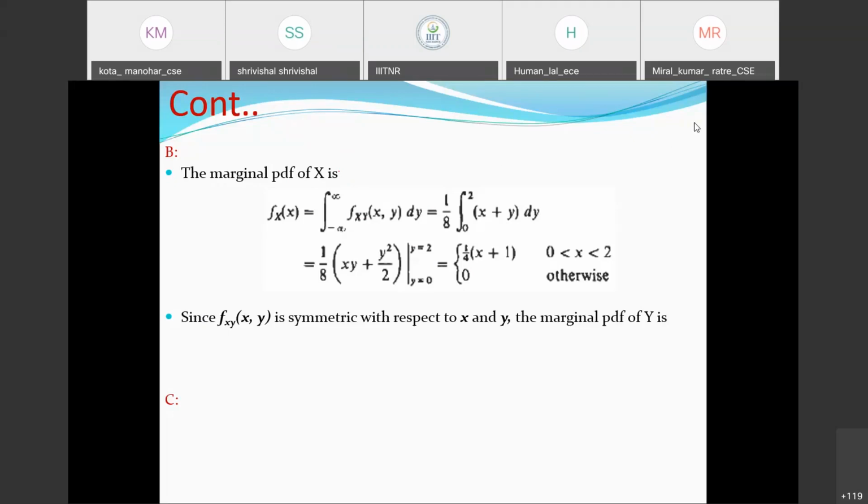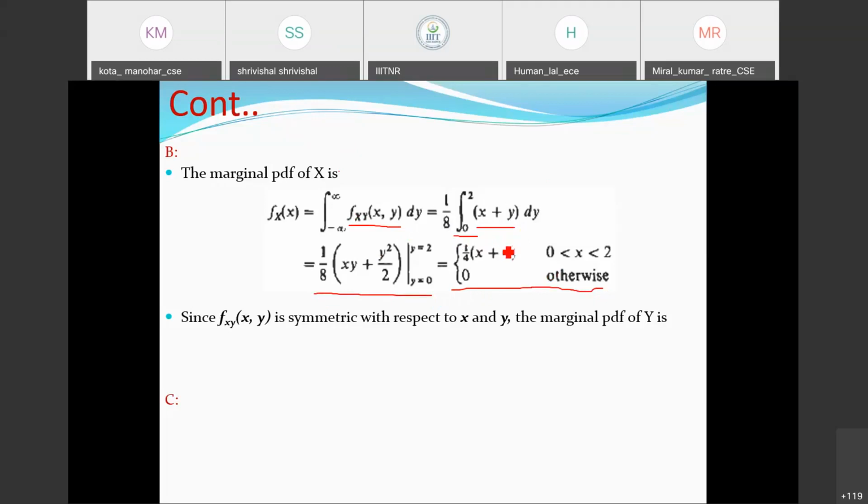We have to simply substitute the value corresponding to the joint PDF here and then substitute the range of integration here. That's it. The moment we substitute it here, we will get x plus y into dy. Once we go for the further substitution of the limit values here, we will come to this range here, because the function is 0 outside this range.